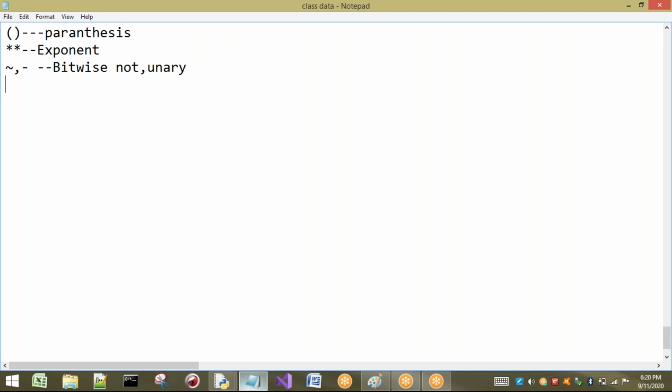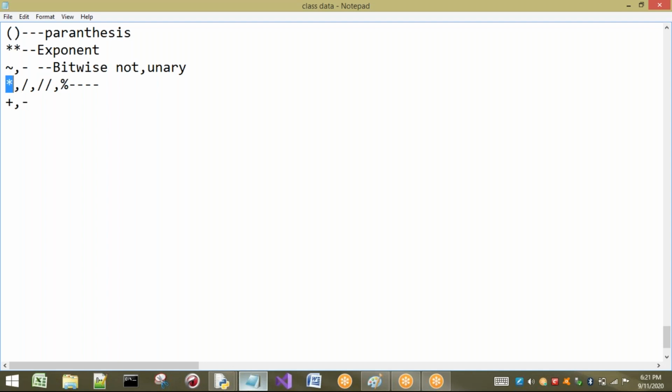Next, after this one we are having some arithmetic operators, that is into, divided by. Next we are having floor division and modulus symbol. You know already these operators, I'm not going to take any names. Next, after these operators we are having plus and minus. So when compared in arithmetic operators, plus and minus is having least priority, least precedence.